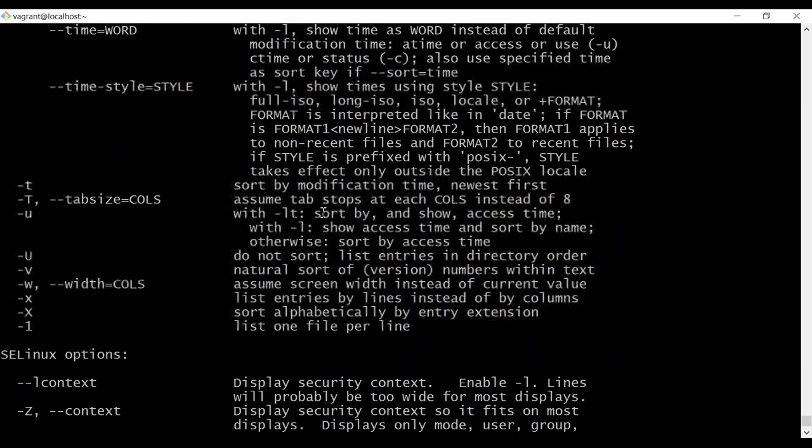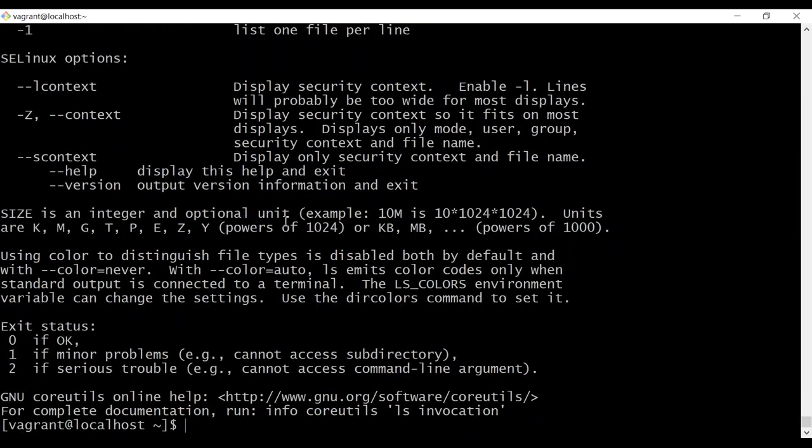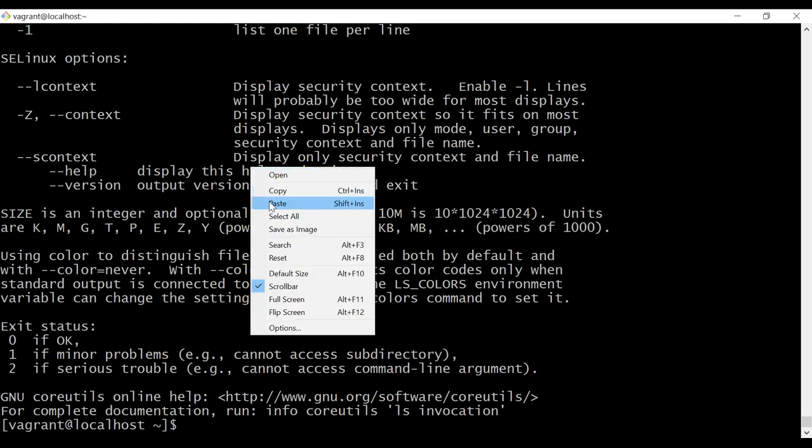Knowing about the manual of the command is also important whenever you are working with it. Control V is not working for pasting in the command terminal. Yes, Control V doesn't work here, so just use right click